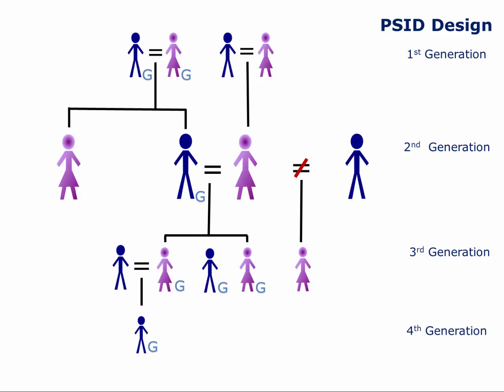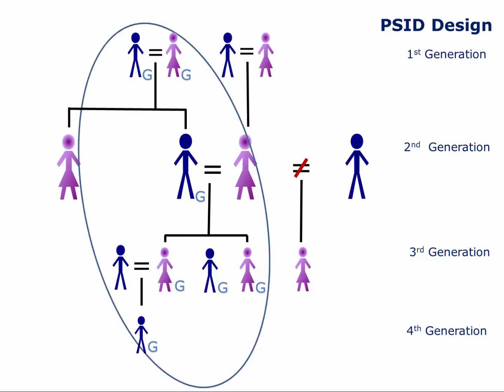The roughly 18,000 individuals in the 1968 families have what is called the PSID gene, meaning that they are eligible to be followed and re-interviewed. In addition, all individuals born to or adopted by someone with the gene acquire the gene themselves and are eligible to be followed as they form their own households. Please note that this is only true for families who adopt children that they're not related to. Following children of sample members maintains the PSID's representation and facilitates the study of outcomes across generations. This design feature implies that the study provides data on a sample of extended families or dynasties.